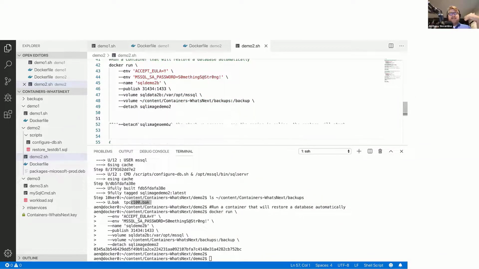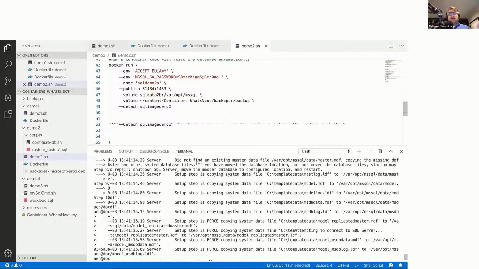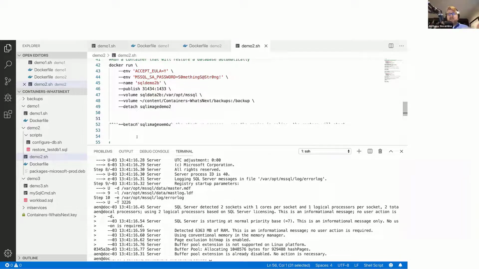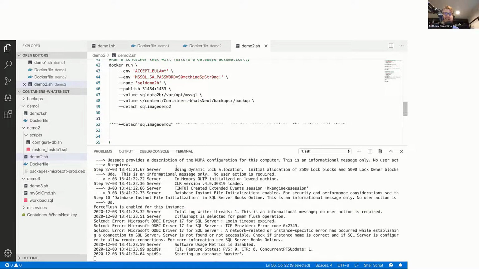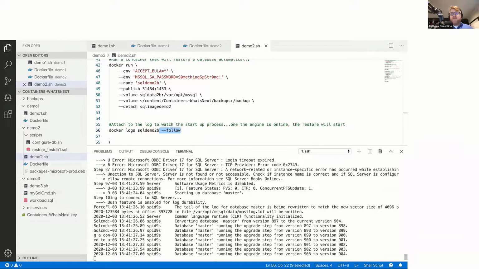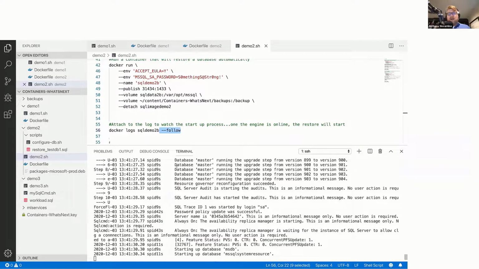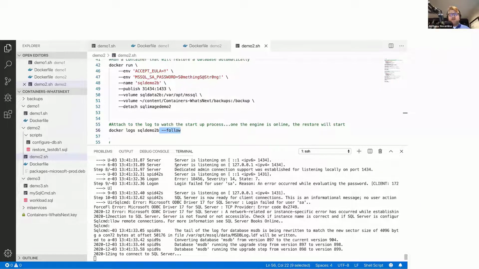So that container that starts the automated deploy process is now coming online, right? And I can follow the process of its initialization with Docker logs, the name of the container, and this --follow command. And so what we see here is the output of the SQL Server error log. And if everything goes well, in a few moments, we're going to see the restore operation kick off for our instance, or for our database, excuse me.